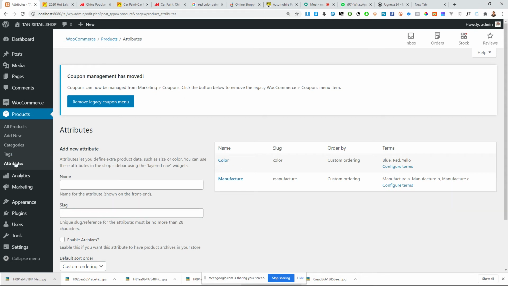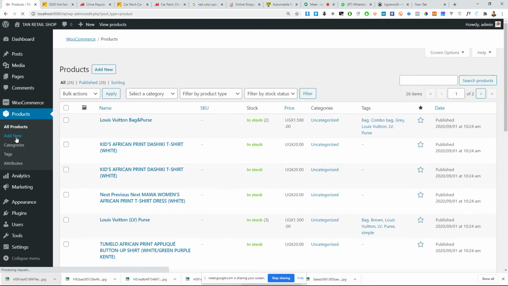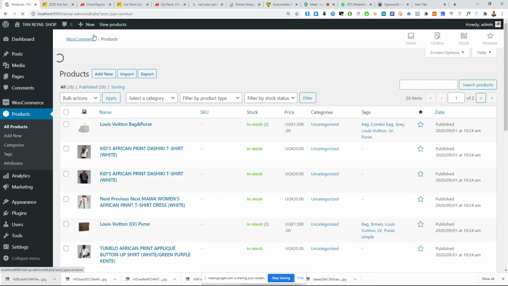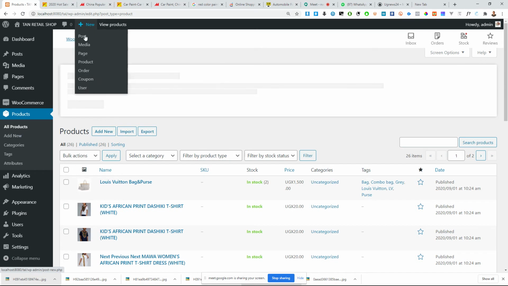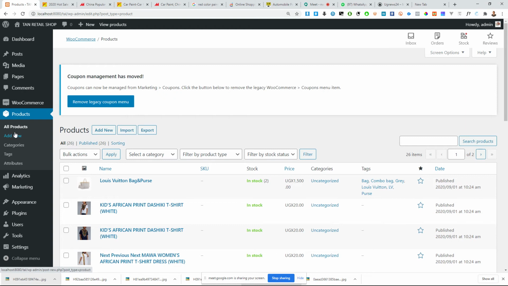After setting the categories and the attributes, now you can go ahead and start adding the products. To add a product, there are two ways. You can either come here to products and then click on add new product, or you come here to new and then click on product. Those are the two ways. Either under the dashboard, or under product here. So if I click on add new product,